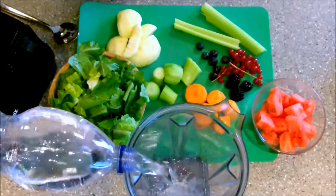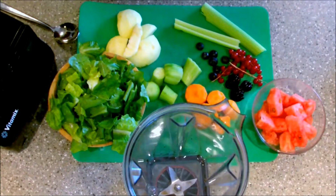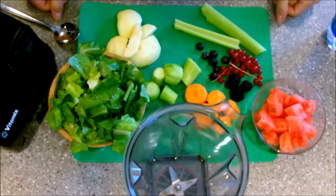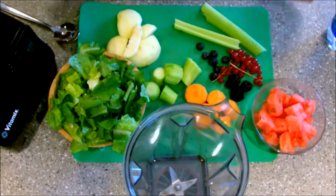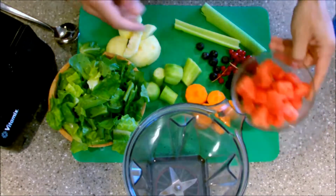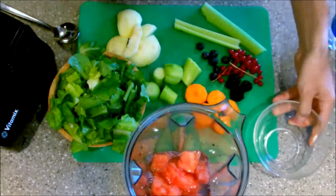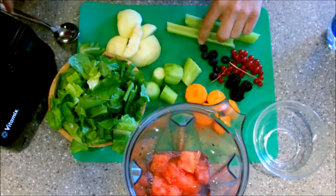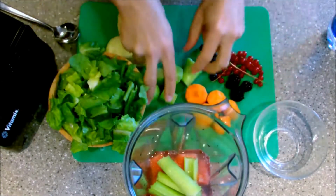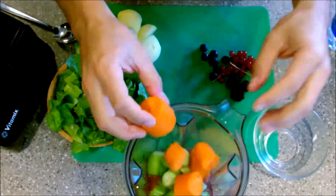Many people like to use almond milk and things like that, but I just go for the pure natural water as there's no added sugars or anything like that. So let's start off with the watermelon, a bowl of that, our celery sticks, throw in the cucumber, a whole carrot,